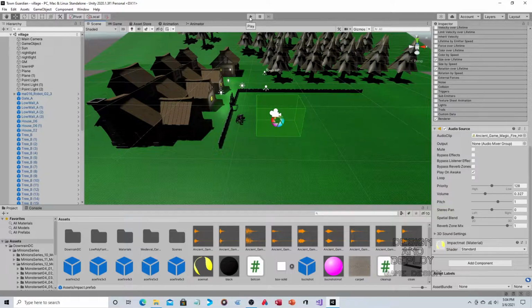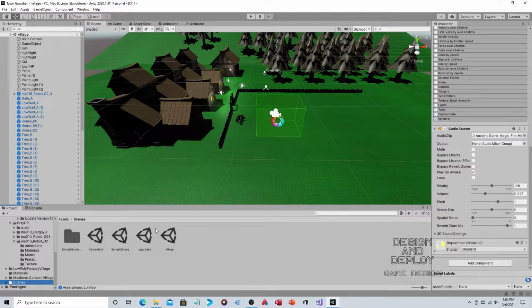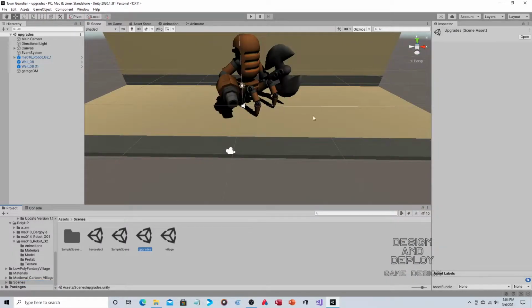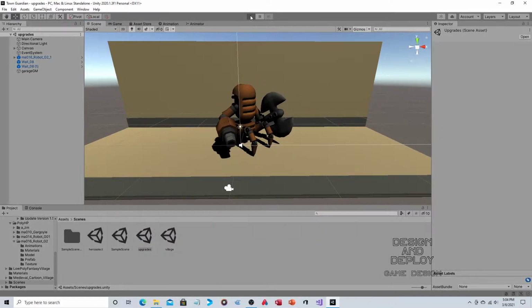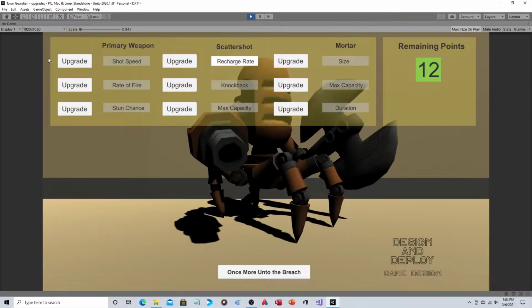So you attach it, but you don't do play on awake. So I'll give you a few examples of how I did that. So let's just save this. And let's go to the upgrade scene. So I've already added them. We'll just backtrack into these now that we've seen how this works. So before, there was no sound effects, but if I click on one of the buttons now,